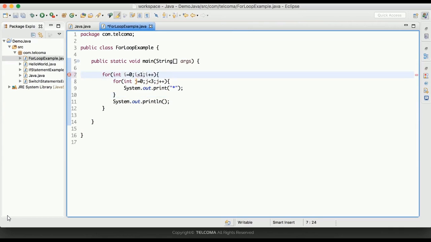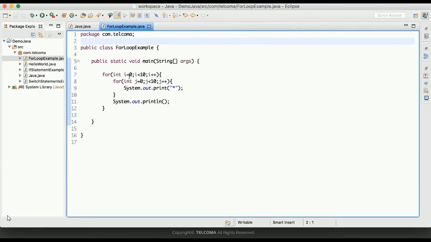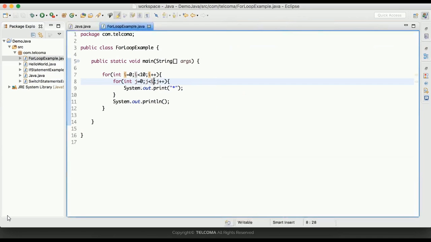And suppose this is 10, this is 10. So as you can see, this is my pattern. If we want to change the pattern, j is equal to 0, j is less than i. Let's see the output. So it will display this triangle, because initially the value of i is